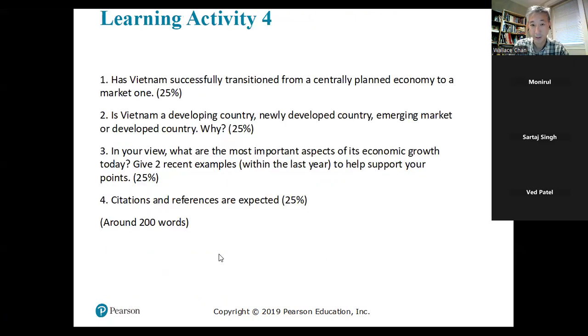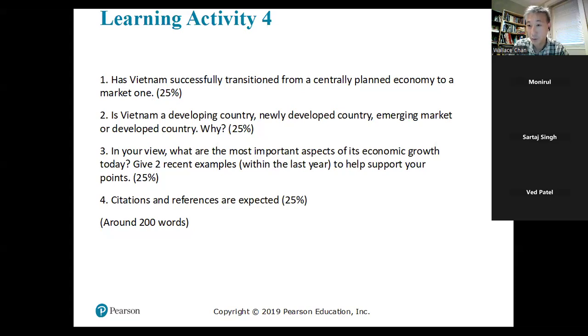Now, for this week, based on what we have talked about just now, I want you to spend time to study a very interesting country. This country is Vietnam. Vietnam used to run the centrally planned system. If you look at the history,